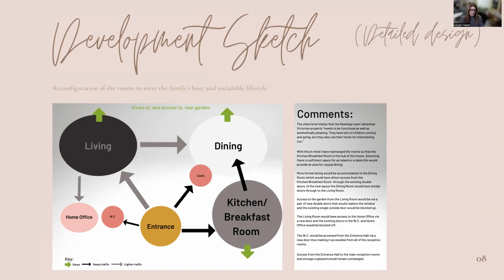Detailed room design. With a concept in place, it is time to move on to the finer details, such as how the space will function and flow. This diagram shows the main circulation routes. As the Rawlings liked to entertain and accommodate the children's friends, I felt the room configuration could be improved upon. Some of the changes I made were: